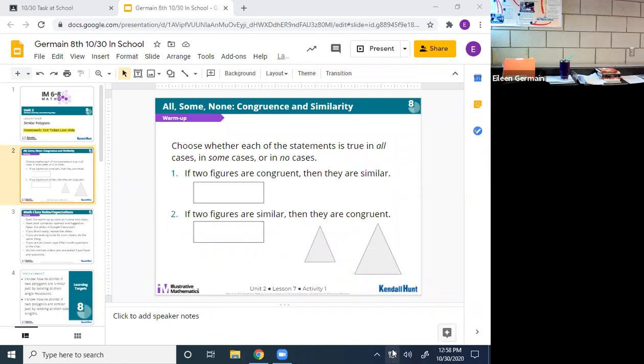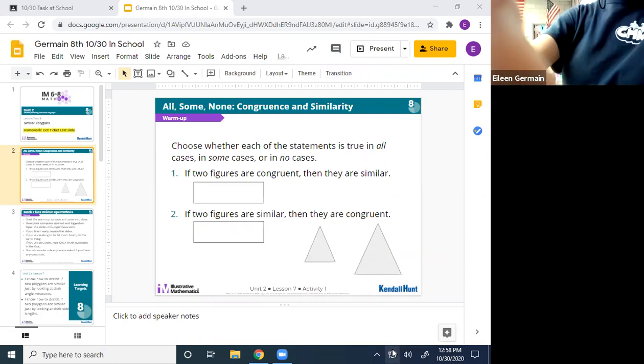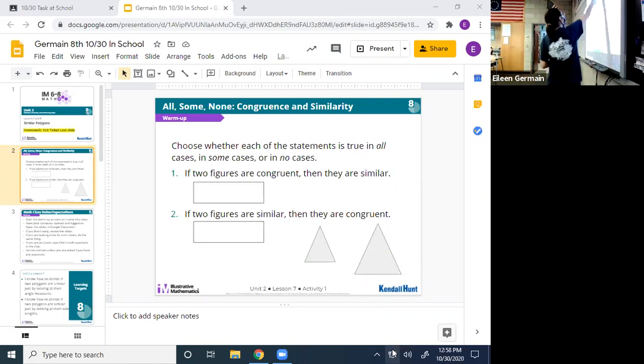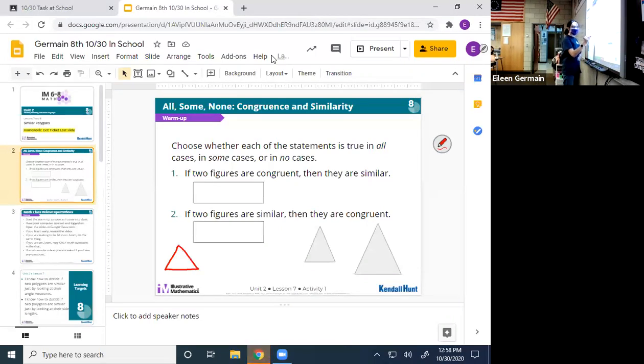So we need to choose whether each statement is true all the time, in all cases, in some cases, or in no cases. So if we have two figures, if they are congruent, then they are similar. So remember, congruent means same size, same shape, whereas similar is,